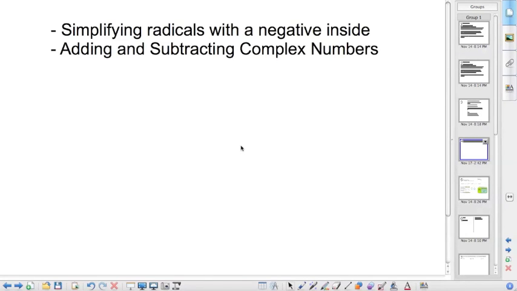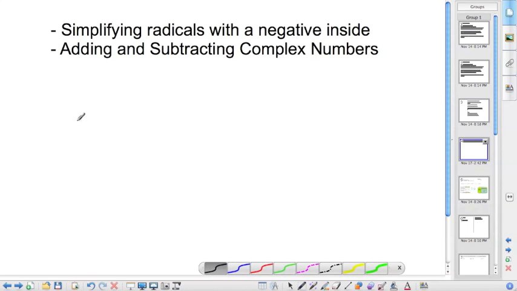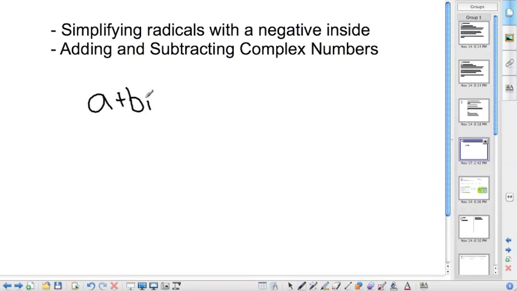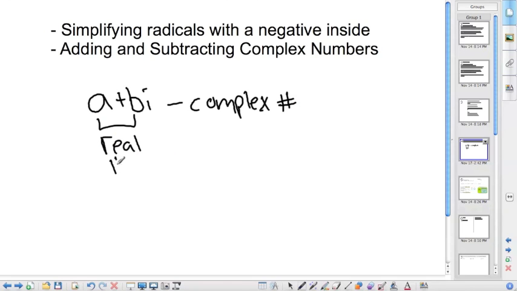Simplifying radicals with a negative inside, and adding and subtracting complex numbers. So to review, you have to know that a plus bi is a complex number. A and b are real numbers,